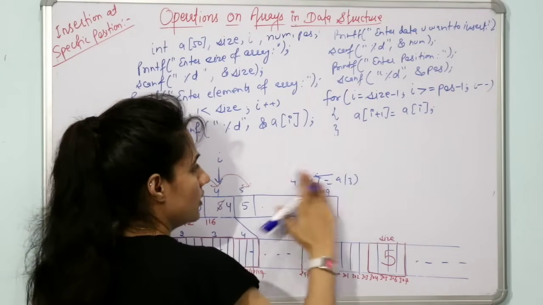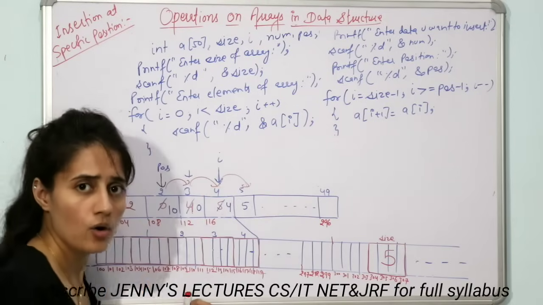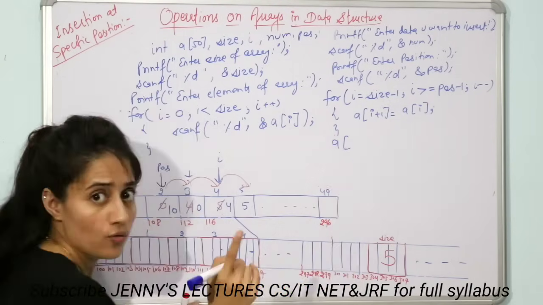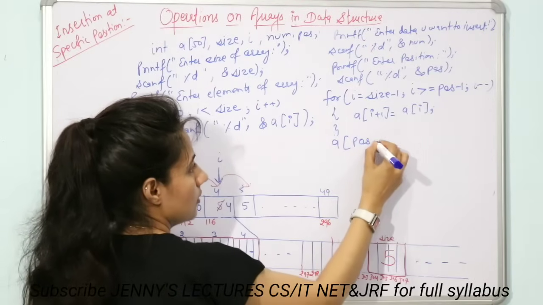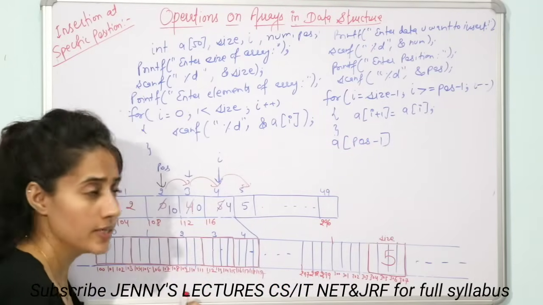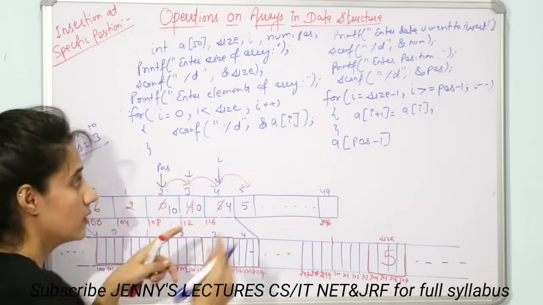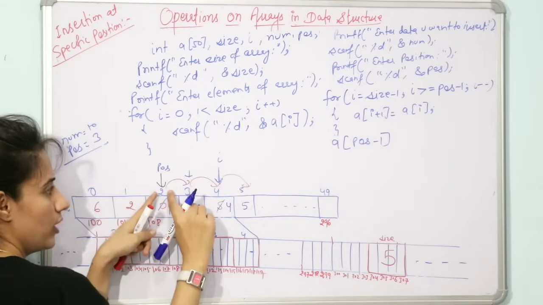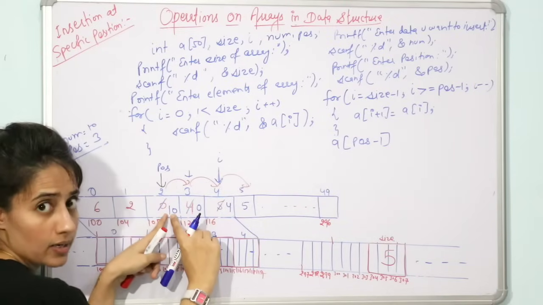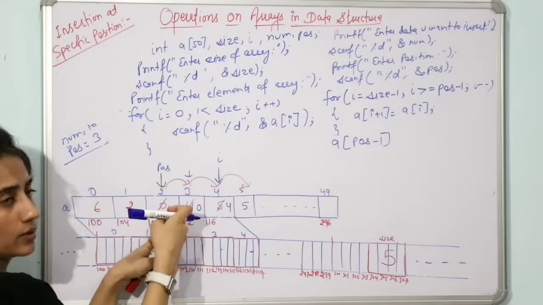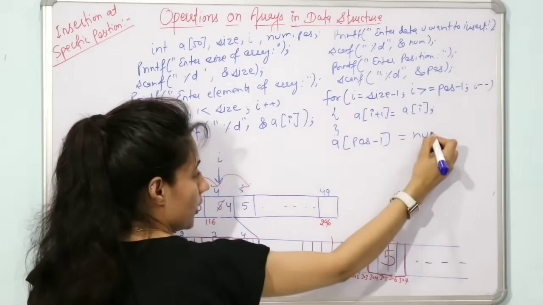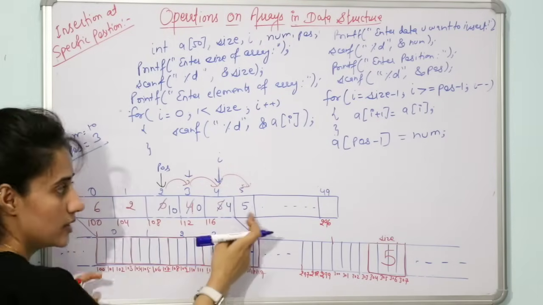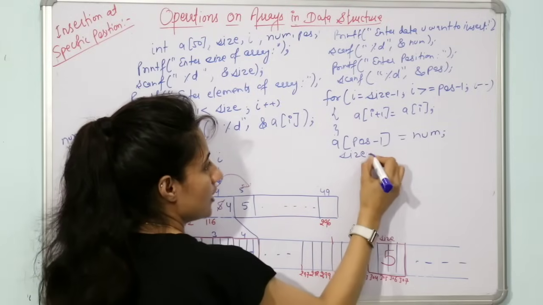So now after this for loop, what you will do, you are going to insert the data where you want to insert: a of position minus 1. See, position is 3, but we are dealing with index, na? So a of 3 minus 1, that is a of 2. In a of 2 you are going to insert 10, but position is still 3, 1, 2 and 3, but index is position minus 1. So here you are going to insert the number, and after inserting this number, the array size becomes what? 6. So now size becomes size plus plus,